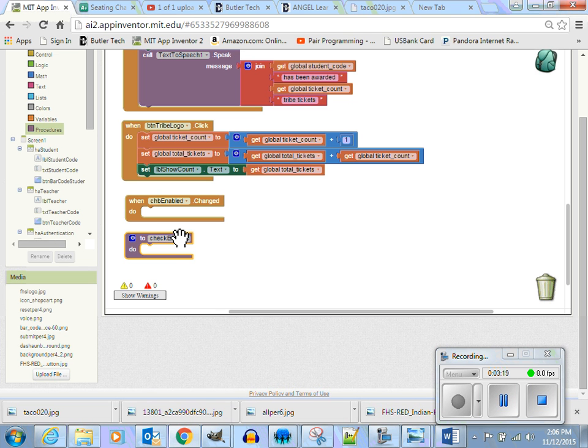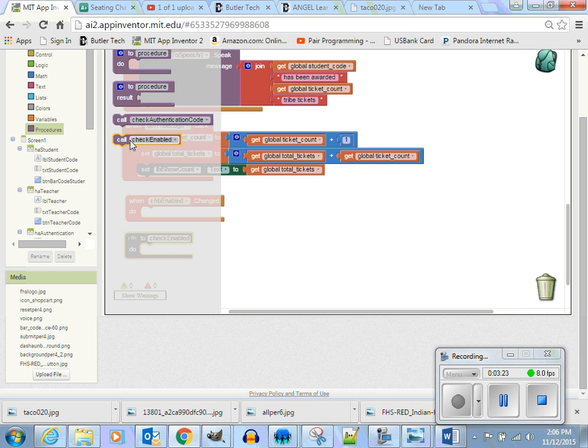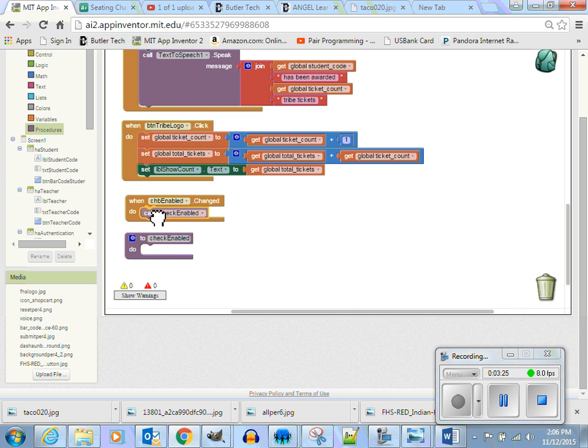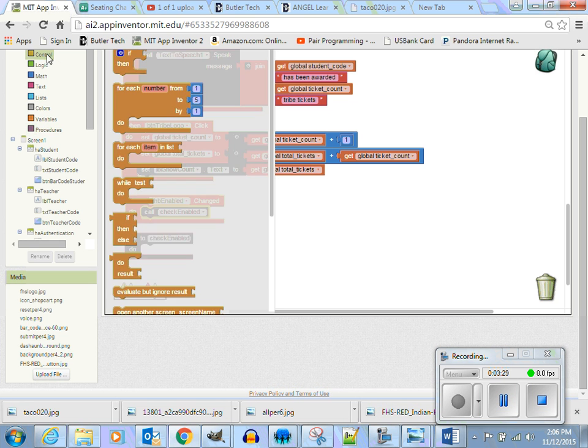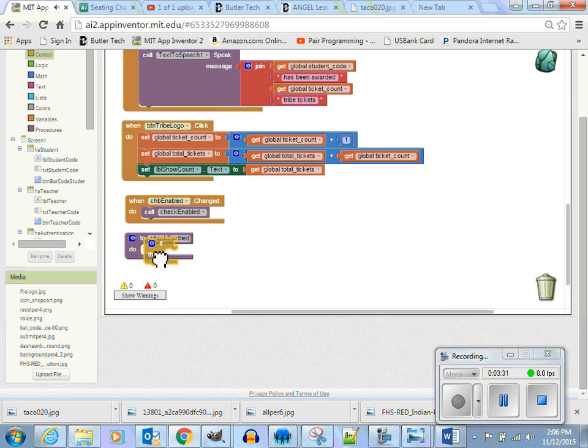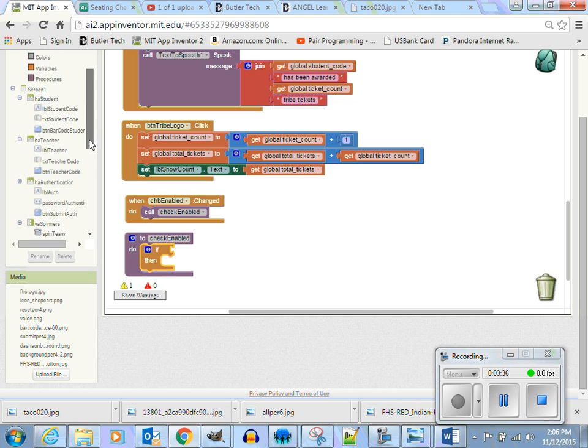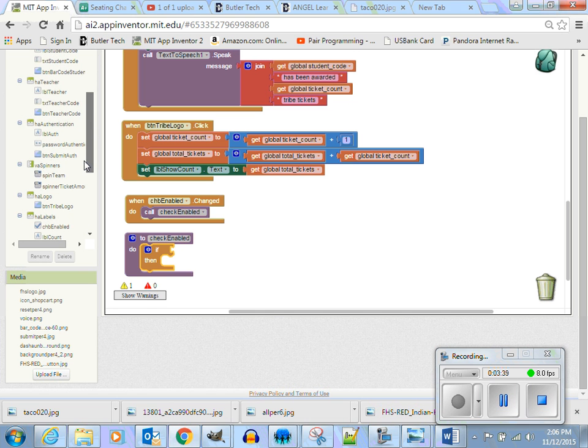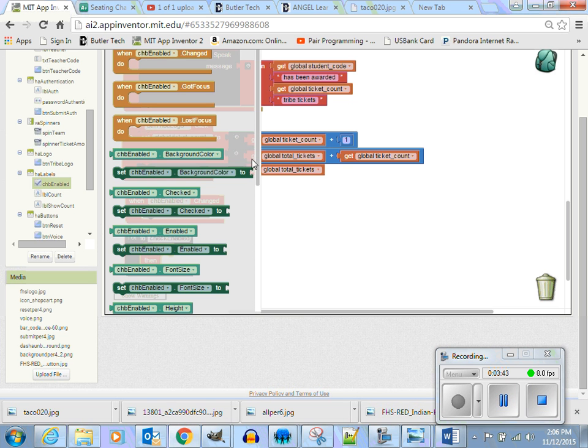There's another way of doing it. You don't have to do this, but it's good to learn how to write procedures. So you're going to go ahead and call check enabled. And then down here, we're going to do an if statement. And we're going to say if the checkbox is checked,